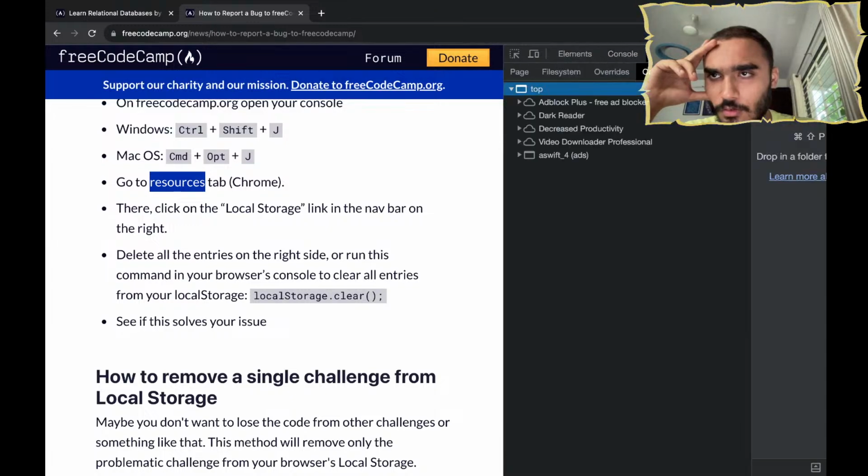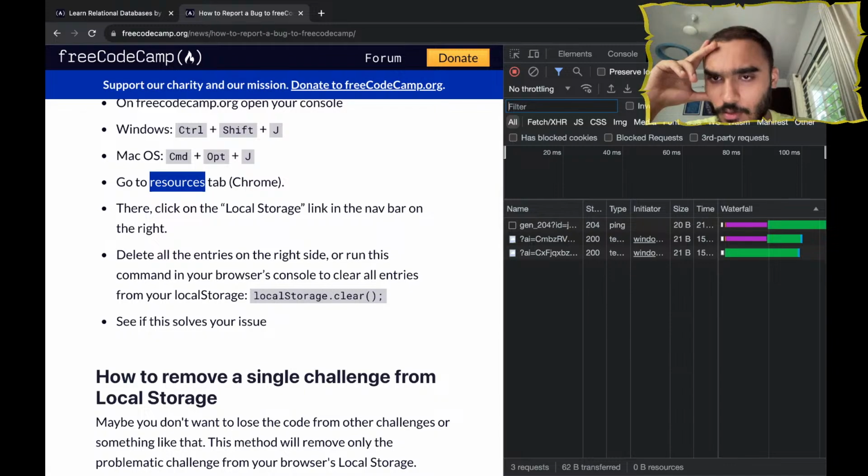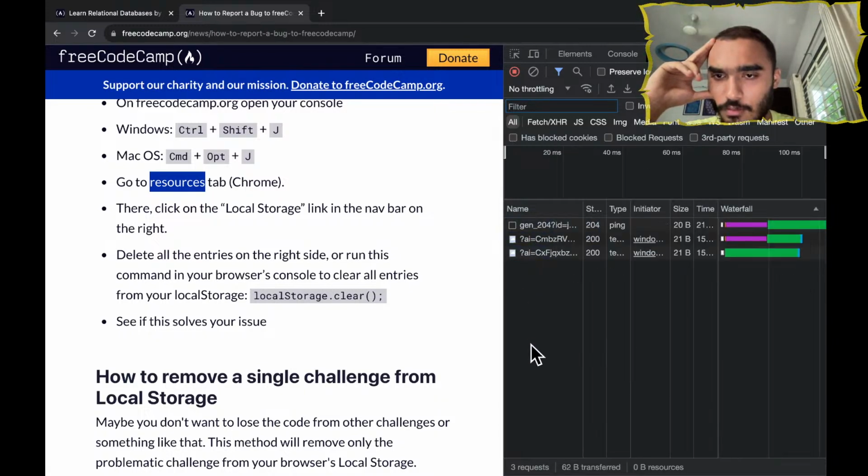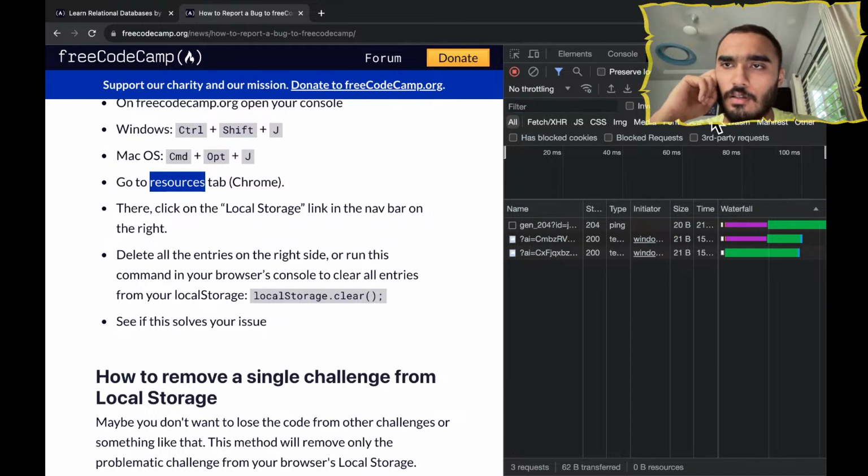Elements, console, sources, network. That's what the network's like. Queued at 1.21. Anyway, these are all requests. Fetch, CSS requests, whatever. We can manually disable cache. What is this? Stop sending requests or whatever. Memory,